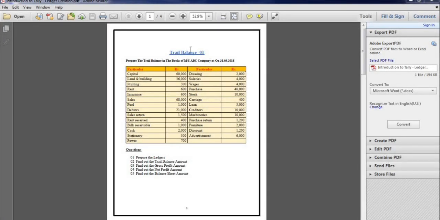We are going to look at that. How can we put the trial balance into the Tally software? The question is trial balance 1. Prepare the trial balance in the book of ABC company as on